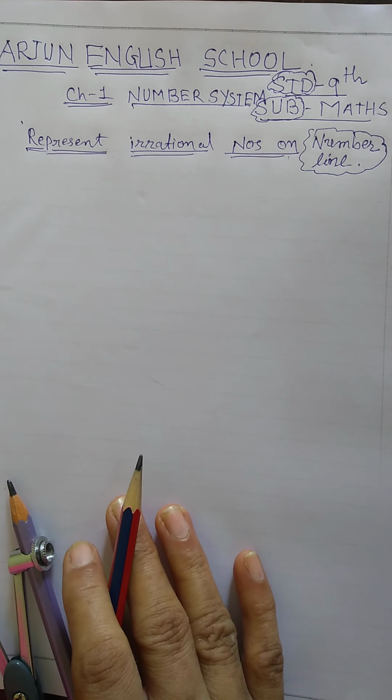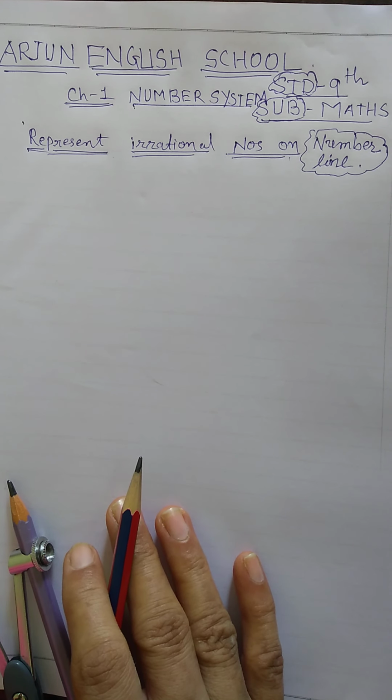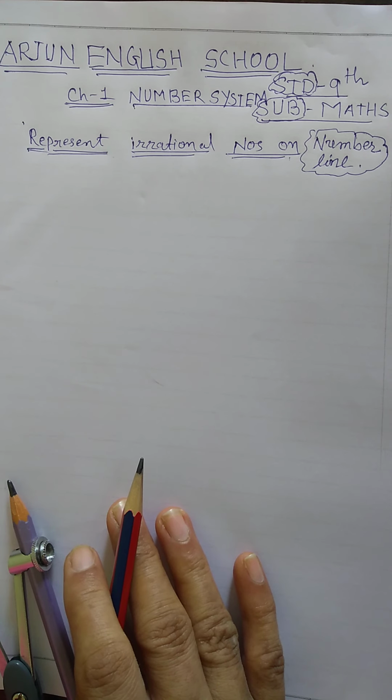Dear students, in the last video, we showed that all irrational numbers are also real numbers, so we can represent them on the number line. You know Pythagoras. Pythagoras was a Greek philosopher and also a mathematician. He is famous for the Pythagoras theorem, named after him. He was the first to discover the numbers which are not rationals around 400 BC.